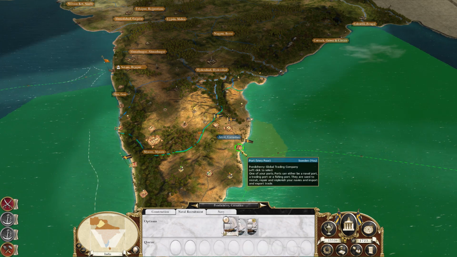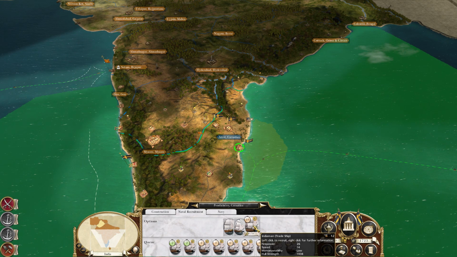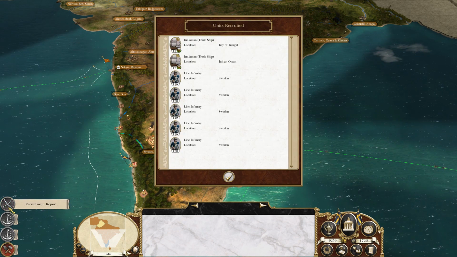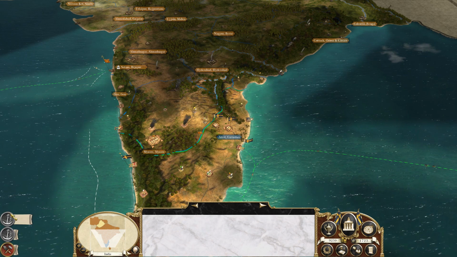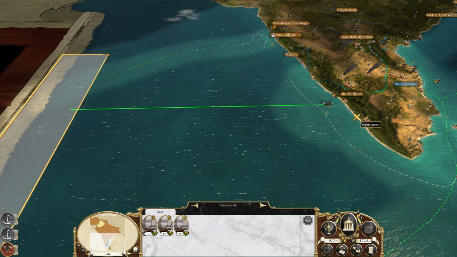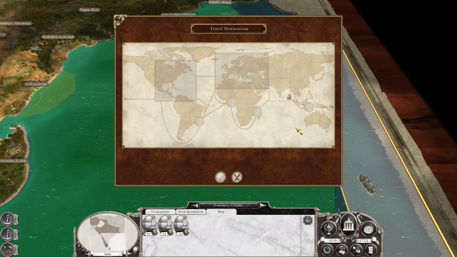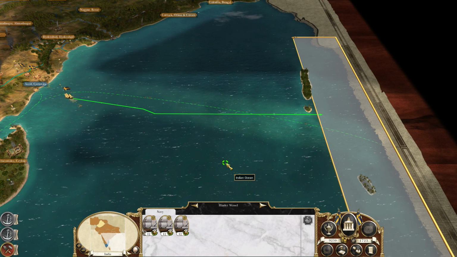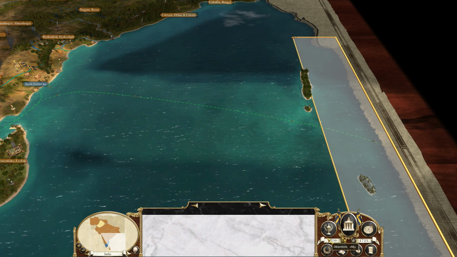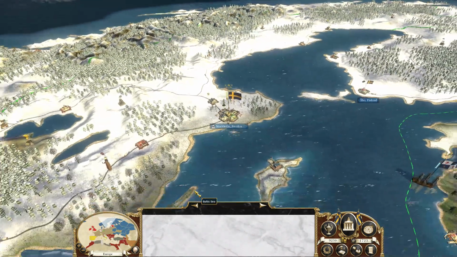What we're going to do is just stack up the trading ships in India now, because it's closest to any of the trade that we need. You can go to Madagascar, and you can go to the East Indies. So if we go back to Europe,